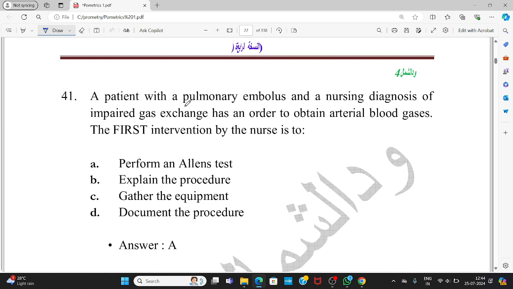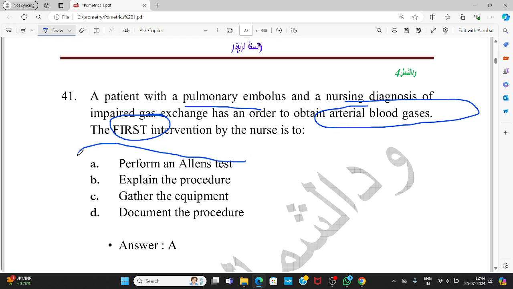A patient with pulmonary embolus and nursing diagnosis of impaired gas exchange has an order to obtain ABG. So this is very important, especially when you have ABG or anything related to arterial analysis. You should perform Allen's test. We have a separate PowerPoint which describes all these tests. So performing Allen's test is very important when you do an ABG. Allen's test is nothing